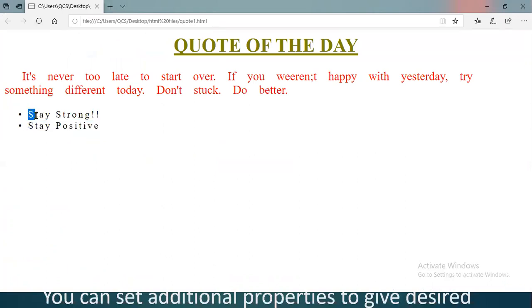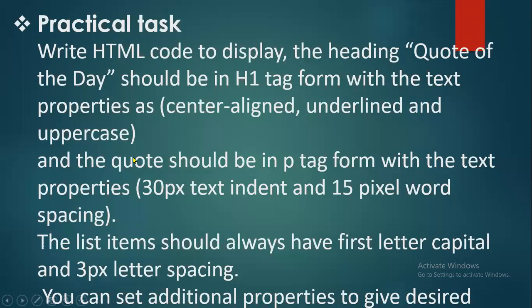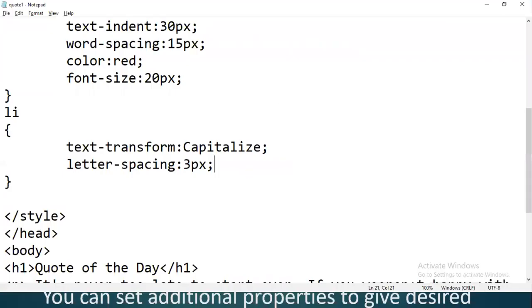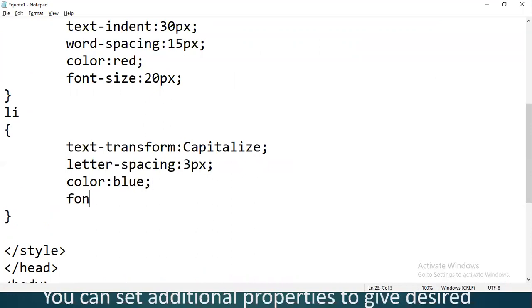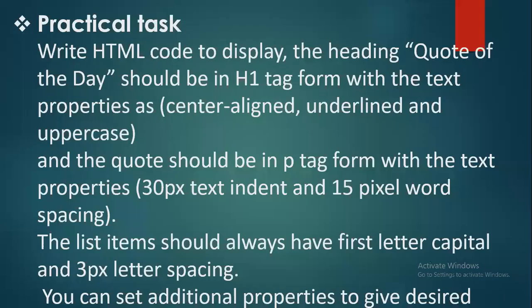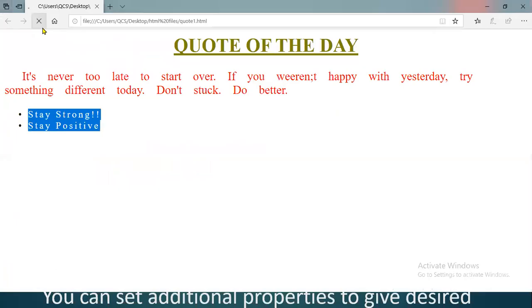You can see every letter is occupying 3 pixels of space. If you wanted to change the color of the text, for example blue, you will write color as blue. And we wanted to set the font size as well, font size as 20 pixels. Save it and refresh. Okay, so this is the output. So we are done with that.